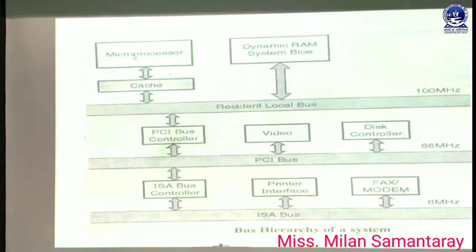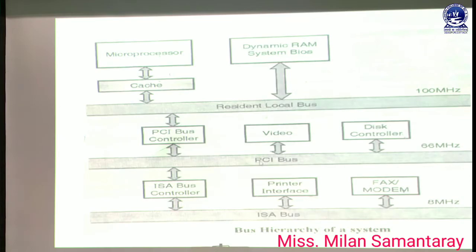And then next, this is the hierarchy of the system. Here is our microprocessor, and here is our DRAM, that is our dynamic RAM, and the system BIOS. Then here is the cache memory, and then this is our resident local bus. Okay, and here is our PCI bus. So this local bus is performed at 100 MHz, but this PCI bus, as I have discussed in my previous slide, operates at 66 MHz, and the components which